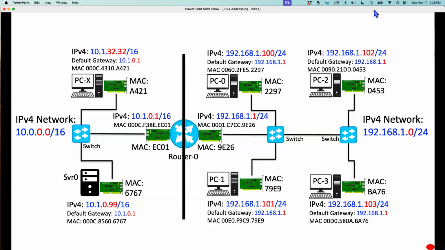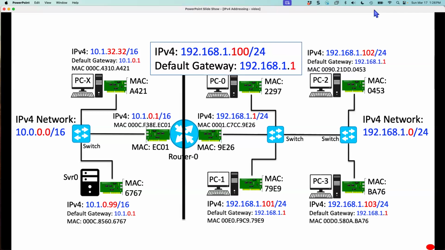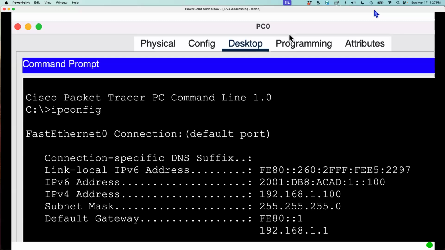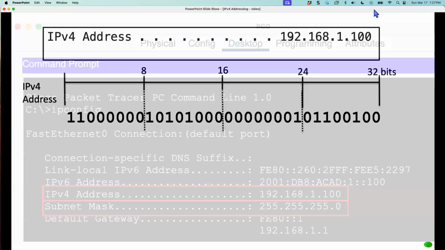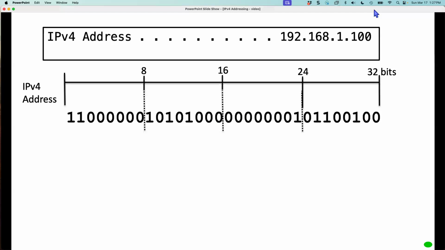We have our little network that I've used in previous videos. Let's take a look at PC0 that has this IPv4 address and that subnet mask. Yeah, it's a prefix length. Let's take a look. Here's the IPv4 address, 192.168.1.100. And there's its subnet mask, 255.255.255.0. All right, if we write this out in both dotted decimal notation and binary, we can see the